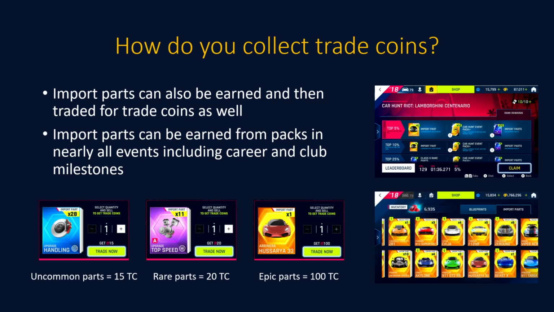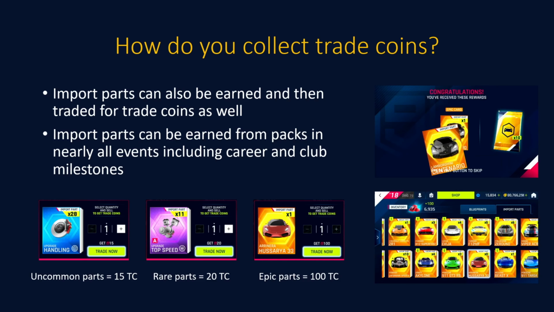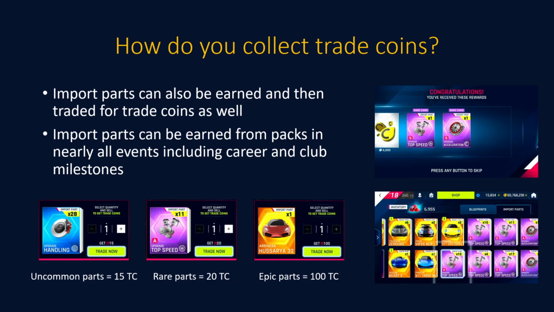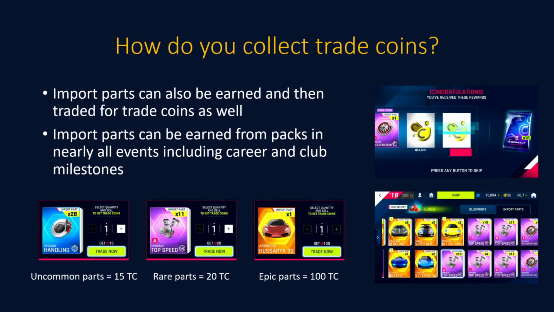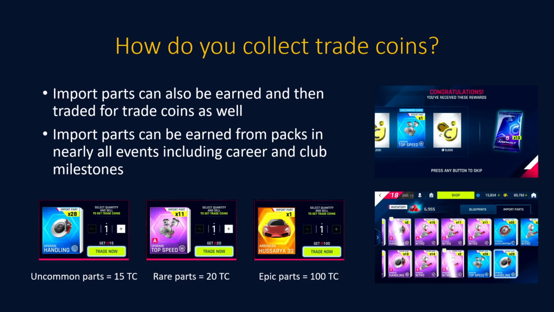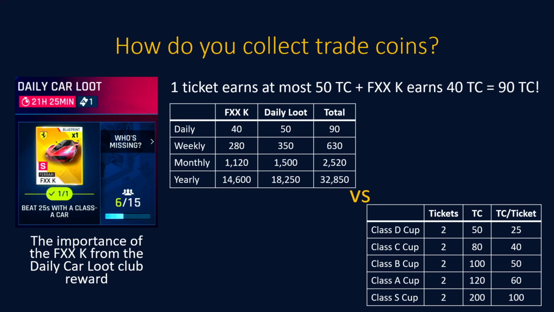If you sold those epics before your car was gold, you may have missed an opportunity to progress in an event and get a car that you really wanted. I do recommend selling any extra epic import parts for cars that you do have gold, as they are worthless sitting in your inventory. Now I want to take a minute to talk about another way to earn trade coins